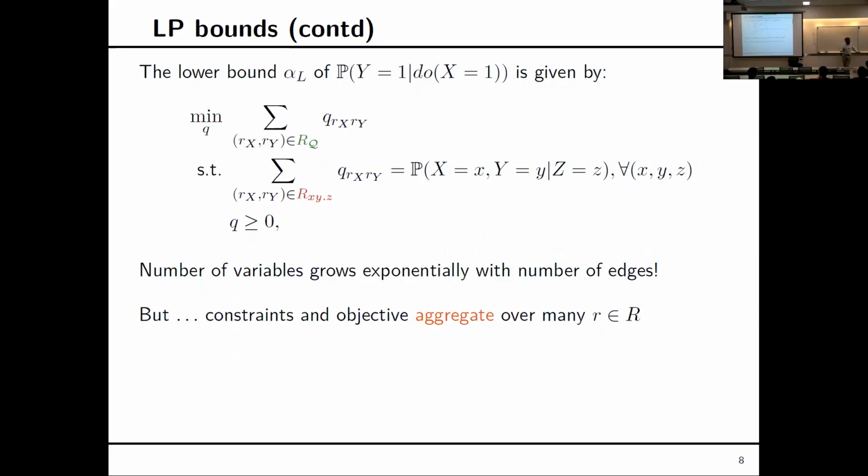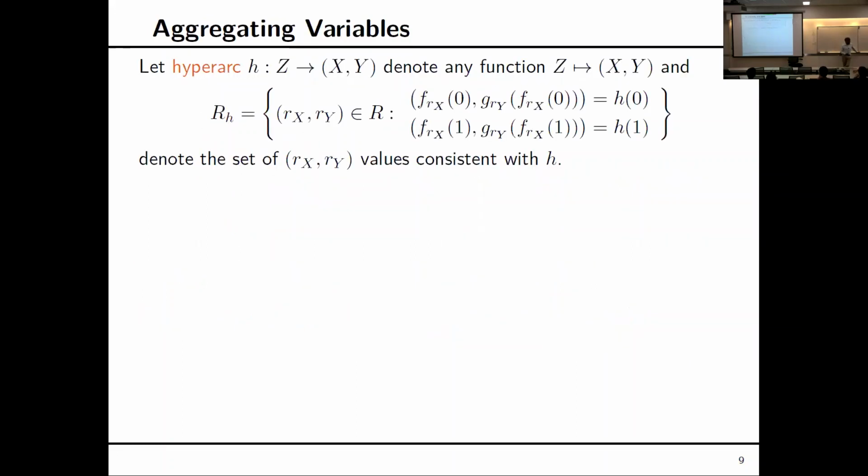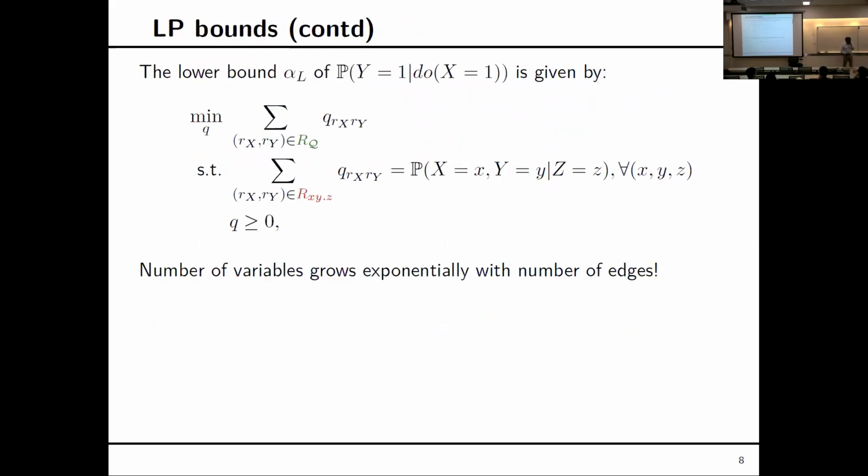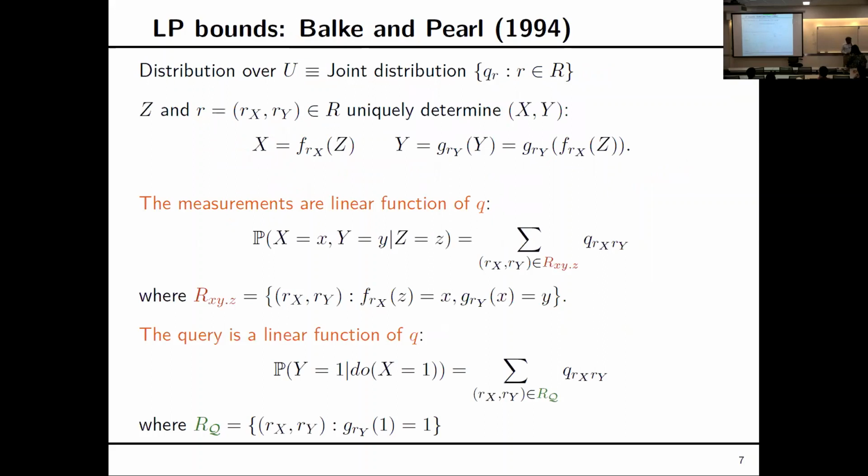And is there a way that one can potentially utilize this fact to be able to write this linear program in a more concise fashion? Can I get rid of most of these variables and get you the same bound? So what we're going to do is I'm going to leverage the fact here for a moment that if you